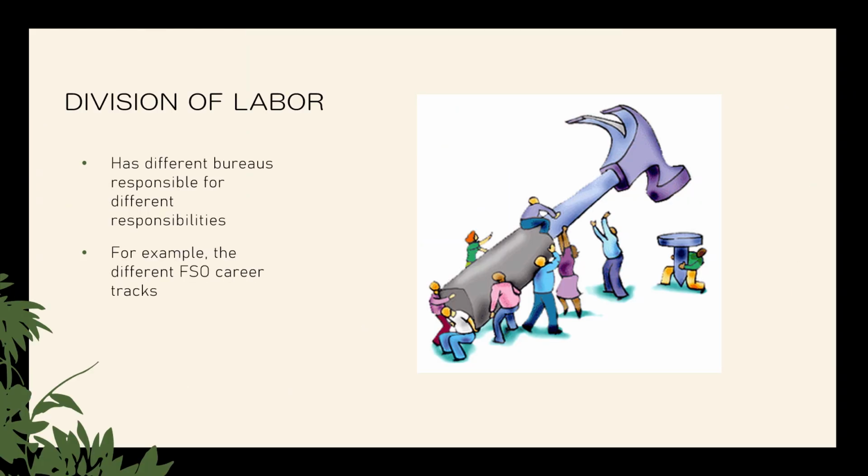So first we have Division of Labor. The State Department has different bureaus responsible for different responsibilities, such as the different Foreign Service Officer career tracks. There's Consular Officer, there's Public Diplomacy, and I actually don't remember the other ones, but they have about 5 career tracks that you can choose, and